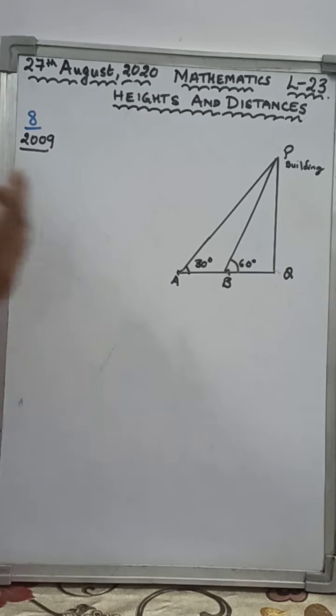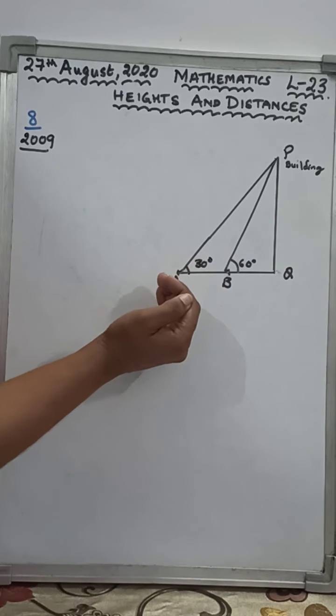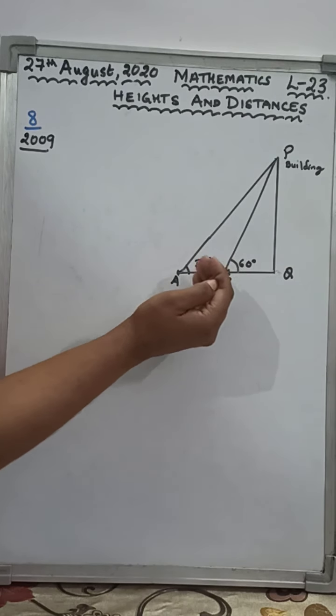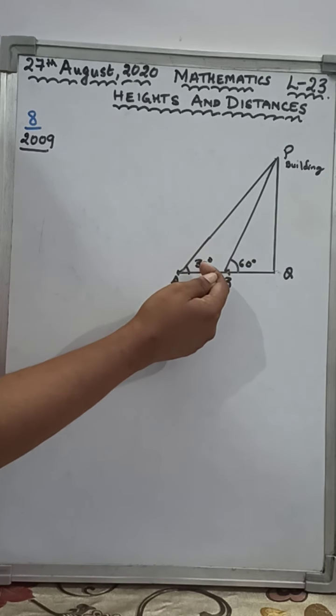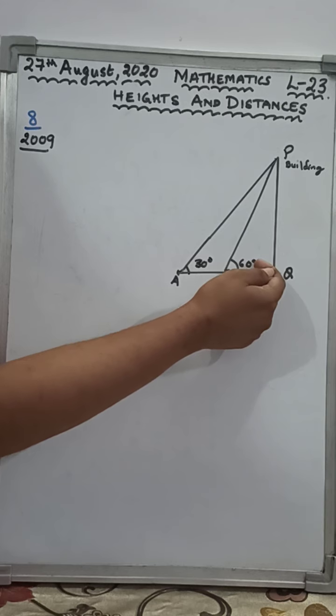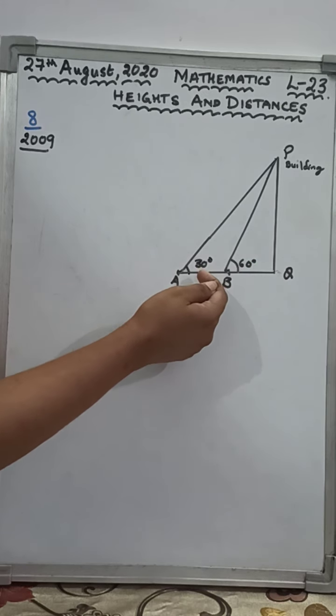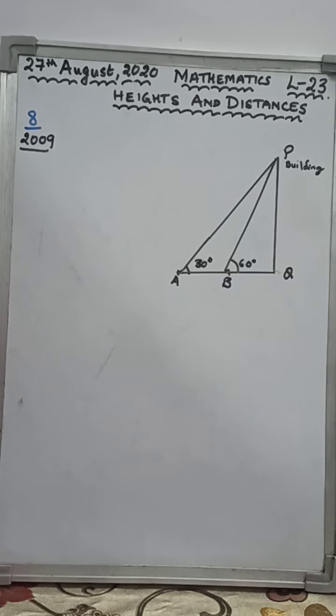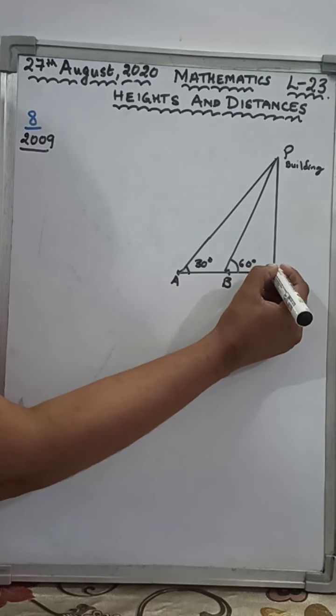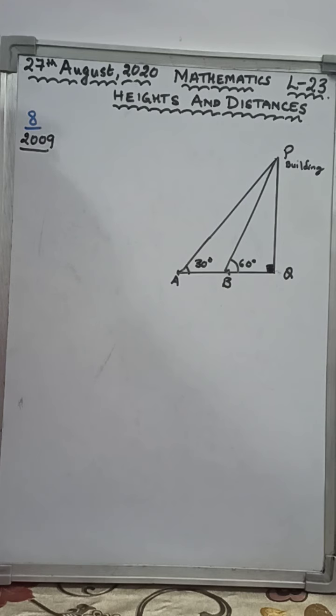Got it? When you move away from the building base, the angle will decrease. Clear? So here we have written 60 and then we will write 30 because the angle decreases. Now this is 90 degrees. Now you have to assume over here